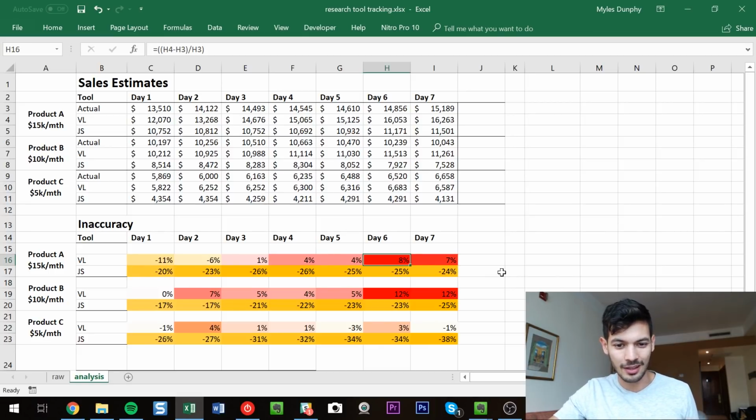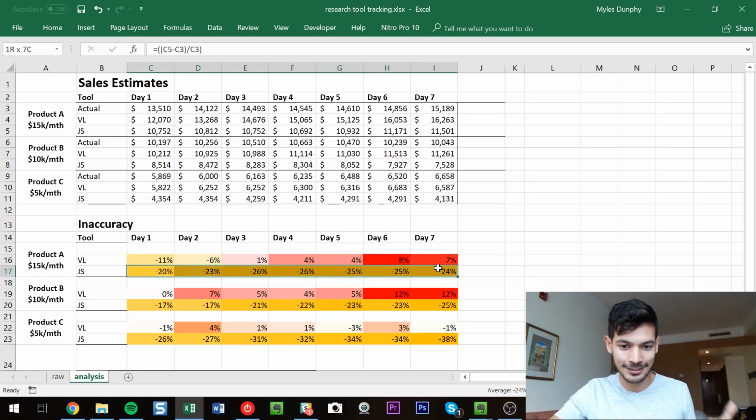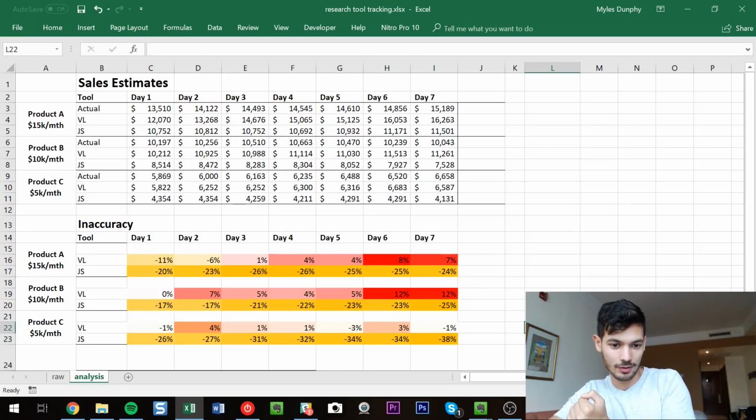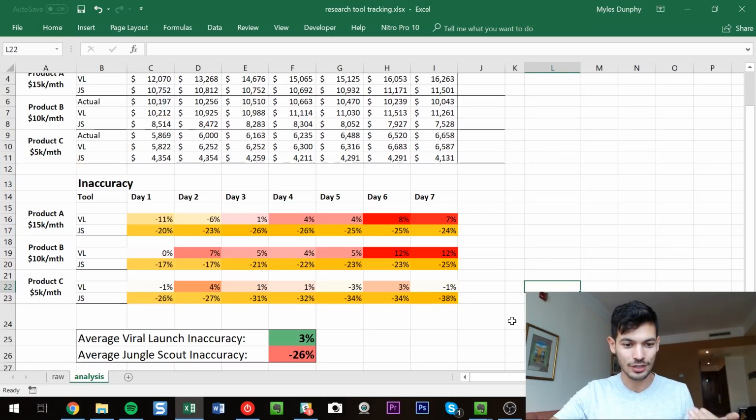However, look at Jungle Scout, and just looking quickly through this, you can see that Jungle Scout has exactly the same problem with all of its estimations. It's underestimating sales by a pretty close range of, let's say, minus 17% to minus 38%. And that's pretty bad. Now, there are a couple of things to consider here. With this big inaccuracy, and I'm just going to show you the average inaccuracy for Jungle Scout was minus 26%,